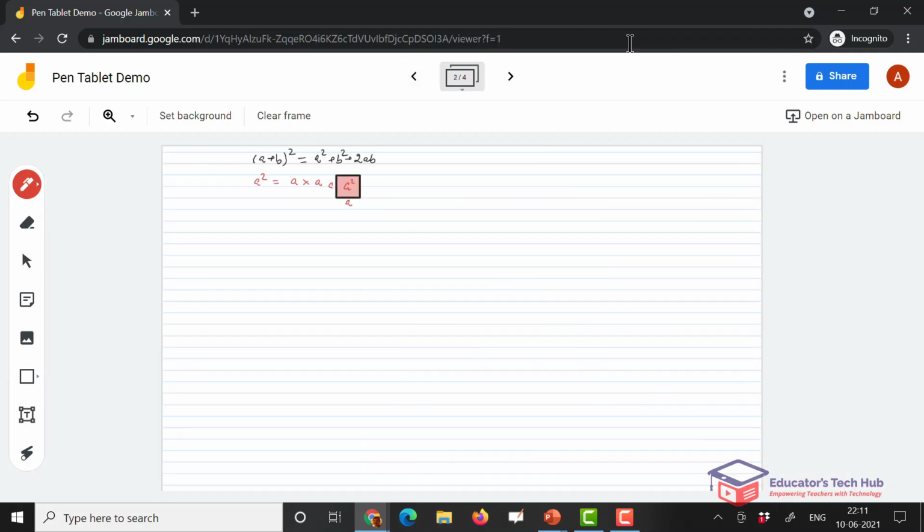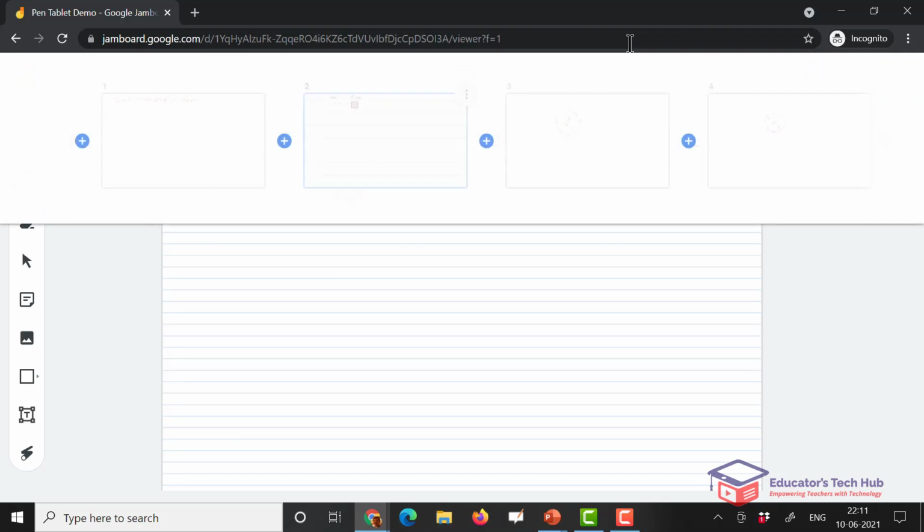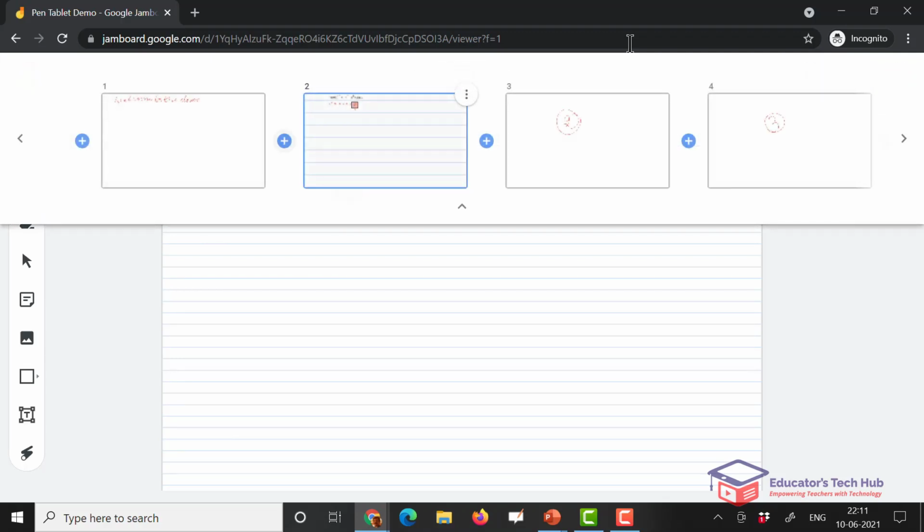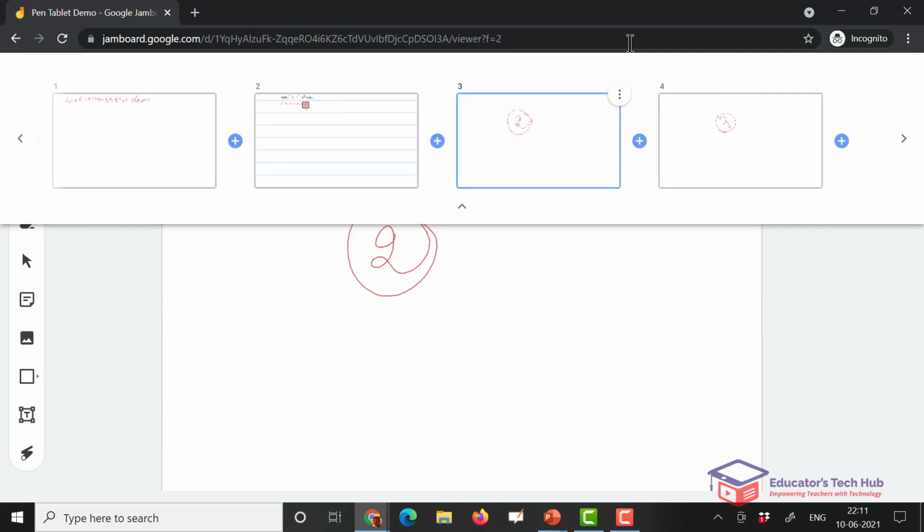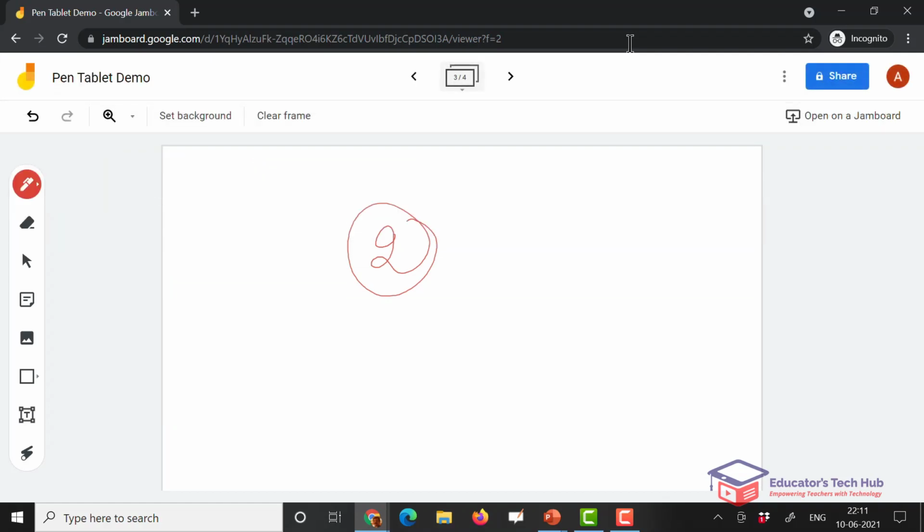So while teaching, if you wish to come back to different pages, you can move between the pages using these 2 arrow keys. So this gives you an idea. At the same time, if you click there, you can simply jump onto specific pages and it will open those pages for you. So you can choose these controls and use them.